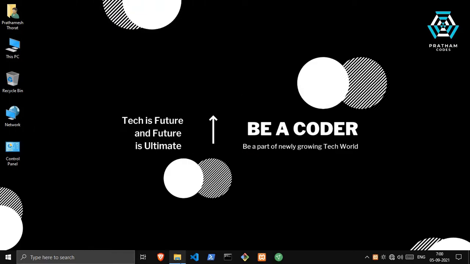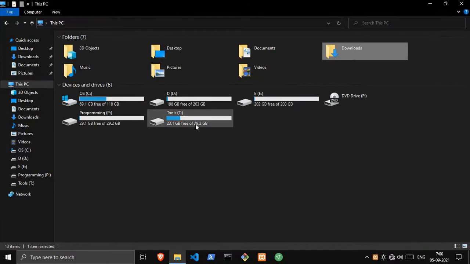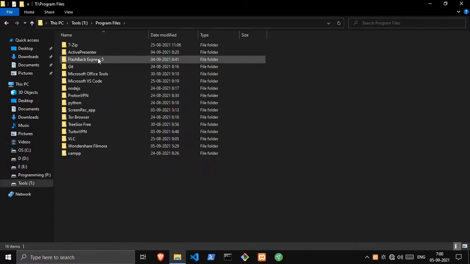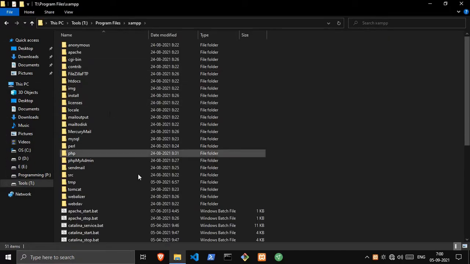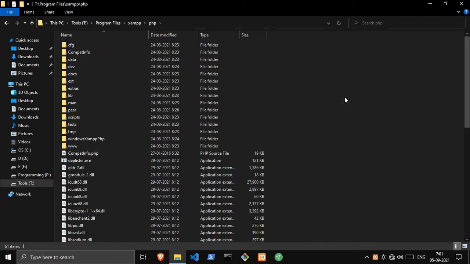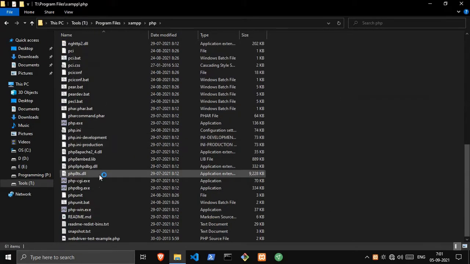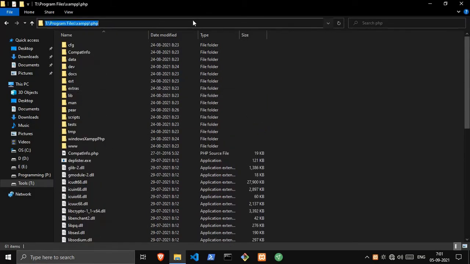So guys, now our first step is to find XAMPP's package files. Where you have installed XAMPP, just go and find the package files. I have installed it in program files, XAMPP. So guys, this is our XAMPP package folder. Now you can see too many folders here. The first one is PHP. So we need to open the PHP folder and we can see a file which is php.exe. So just copy this path